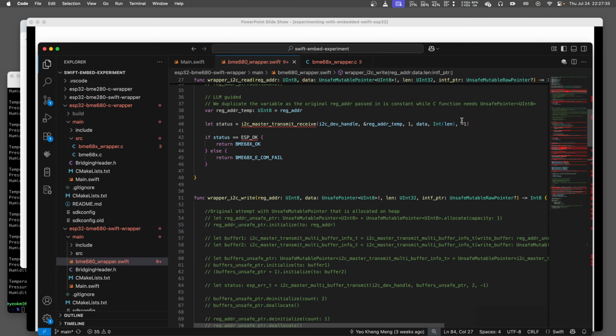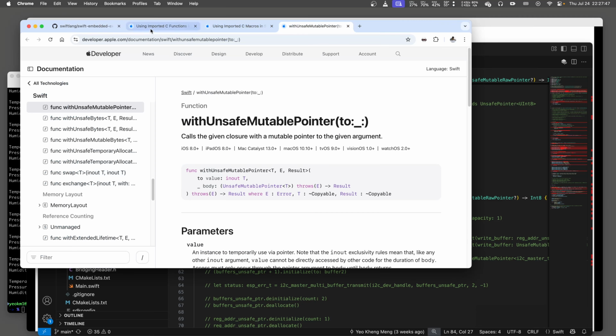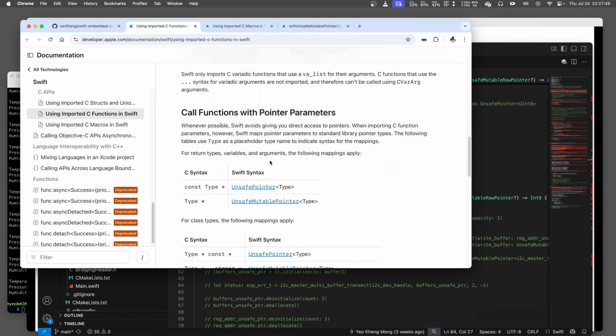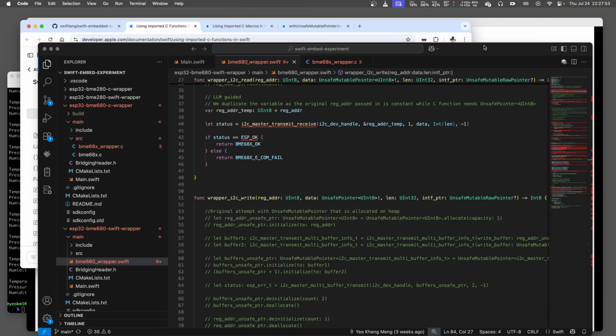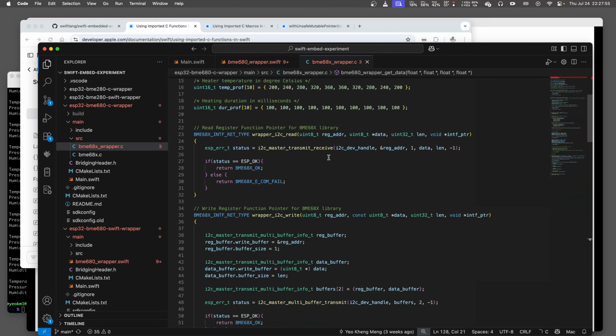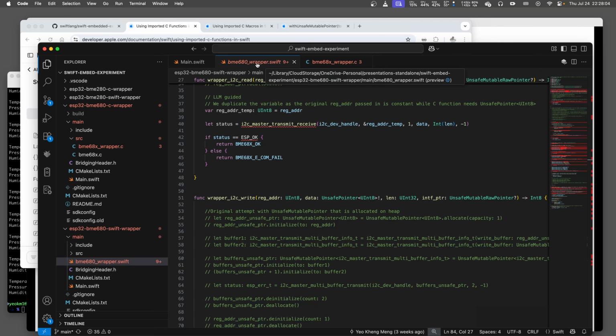I did use the AI to help me a bit, but it made some mistakes. So if you're not very sure, Apple has this site here which tells you the translation between the two types. After that, I did the translation here. I had two parts. Let me comment this out. So my initial attempt to translate